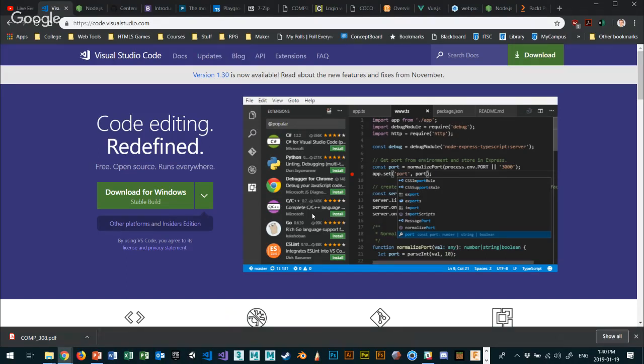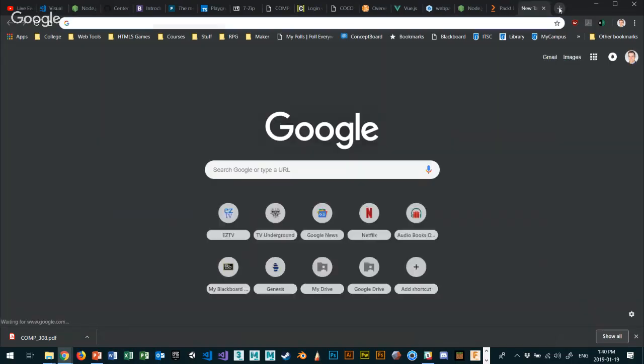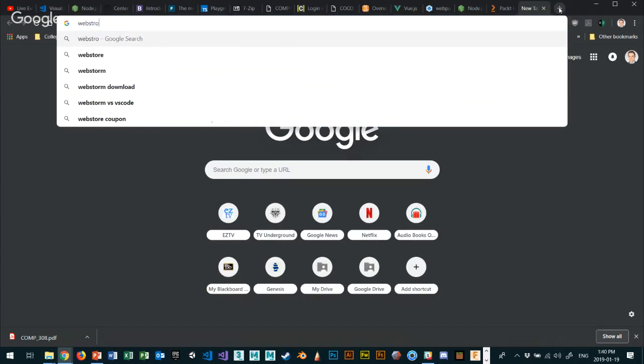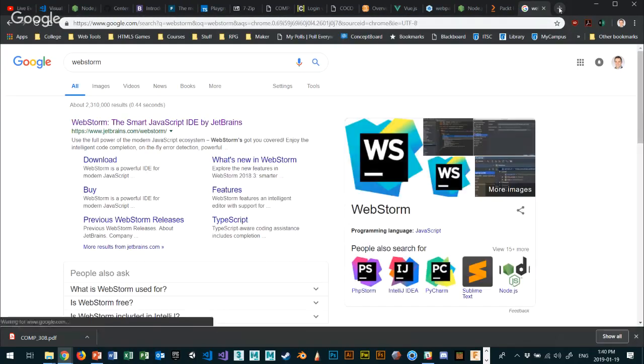You can use whatever editor makes sense for you. I'm not going to train you in another editor. It'll be purely in Visual Studio Code. However, if you like Atom, or a really good alternate might be something like WebStorm. I don't know if you've ever heard of WebStorm. Some of you may have. WebStorm is a great